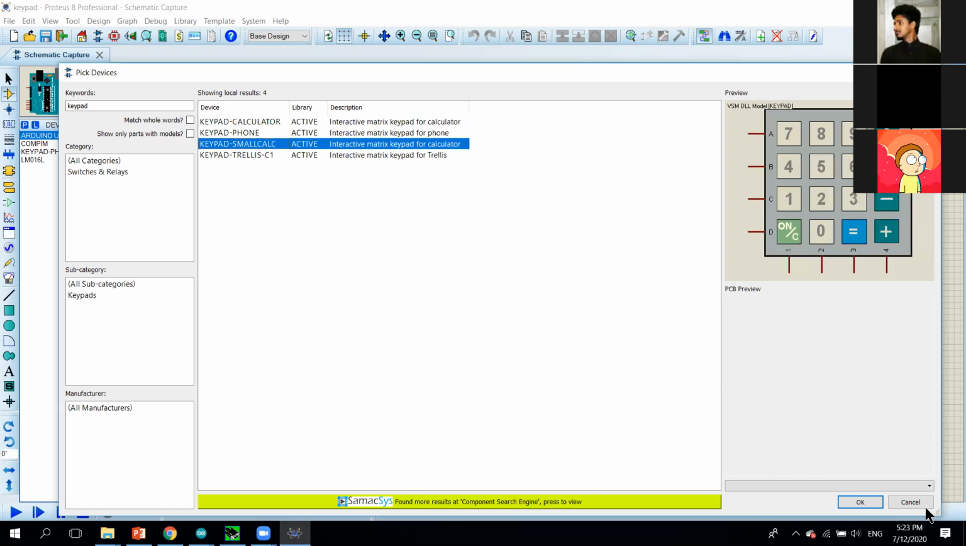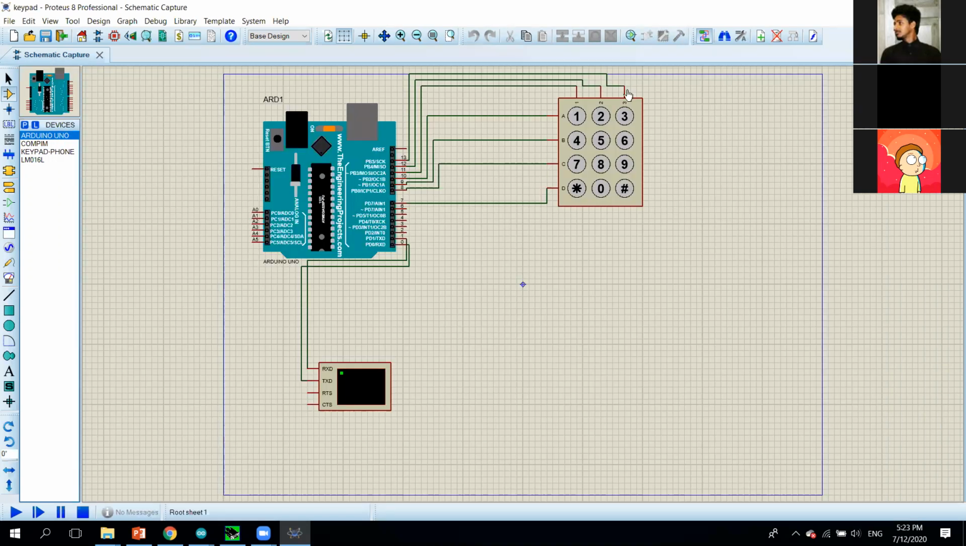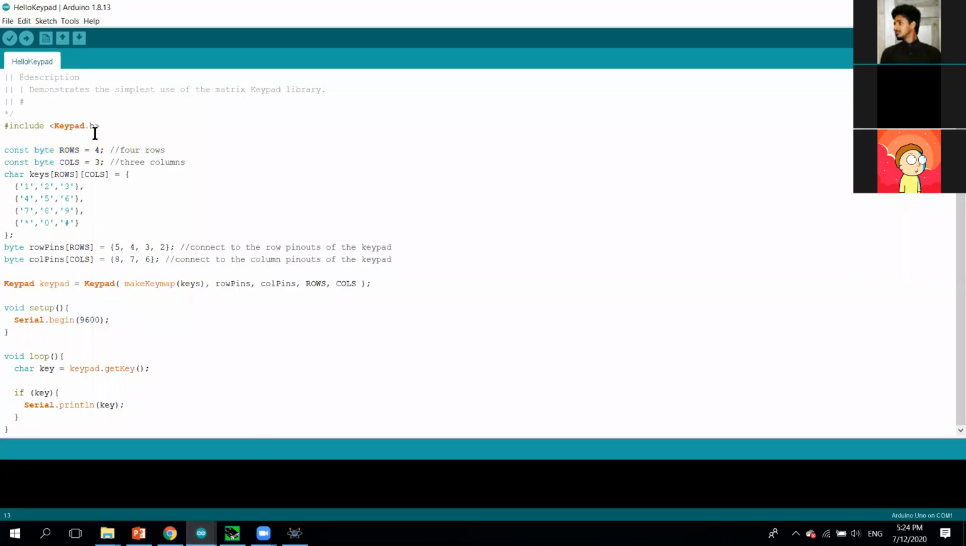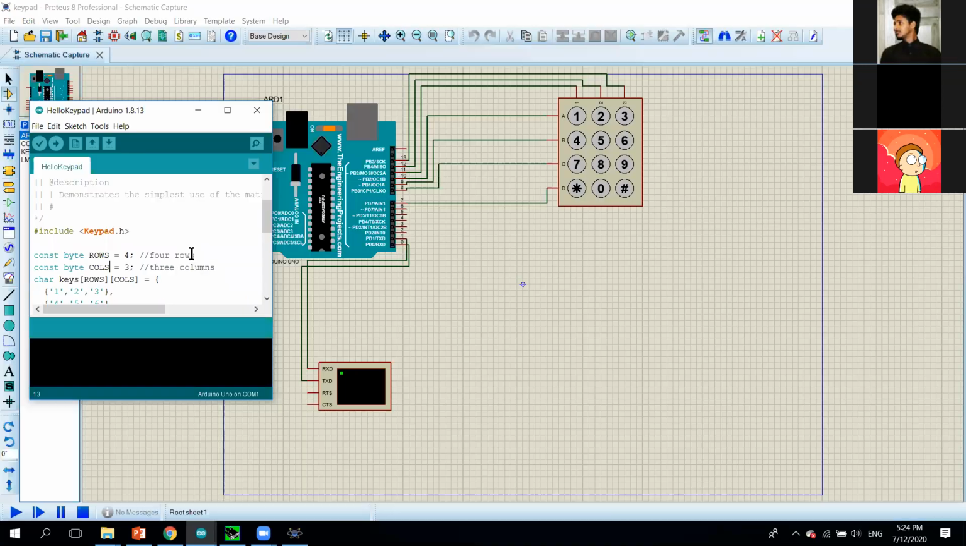Okay. Here I have used this one. So you can see here 1, 2, 3, 4 rows, and here 3 columns. So you have to define how many columns and how many rows in the line. Here you can see 4 rows, actually 4 rows. And